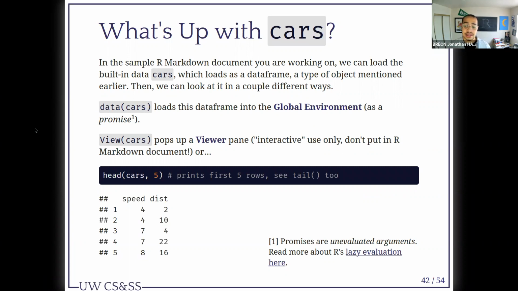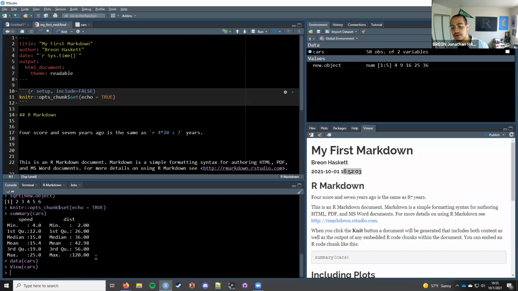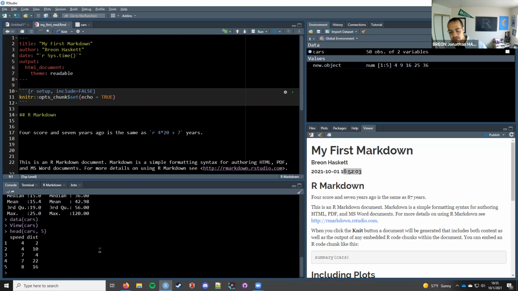We can use head, cars, and then 5 to print out the first 5 rows. You should also see tail. Tail is an important one as well. What head does is it just shows the first n rows in your data set. So if we go down here to the console and we type head, cars, comma, 5, note that it prints out the first 5 rows of your data set.